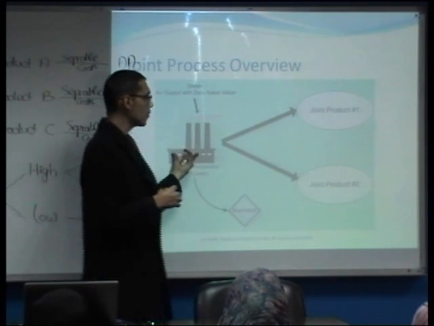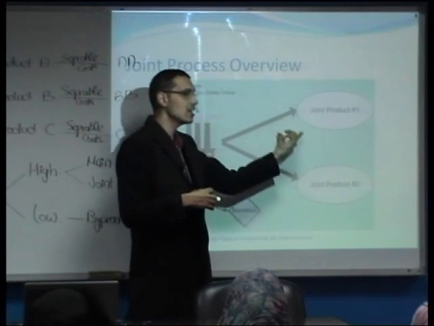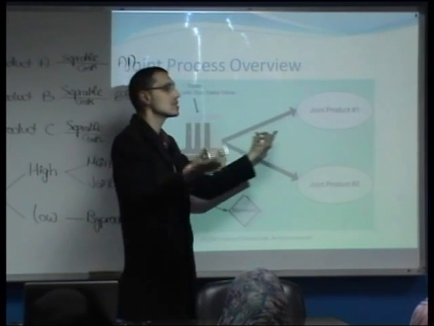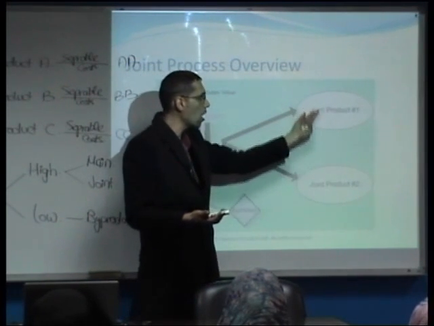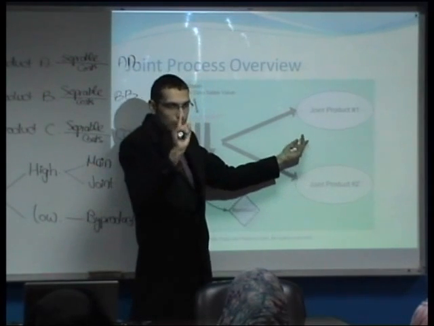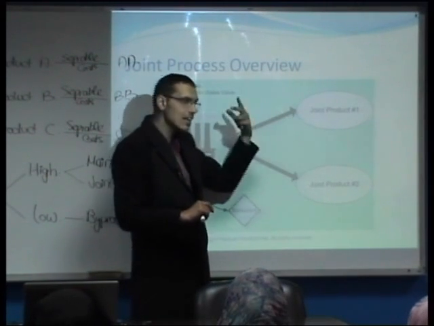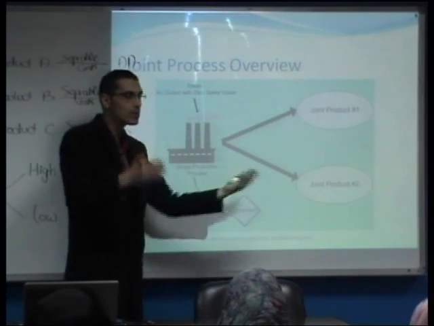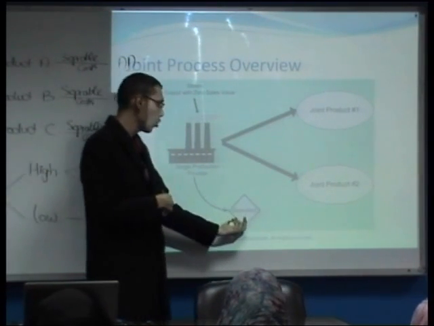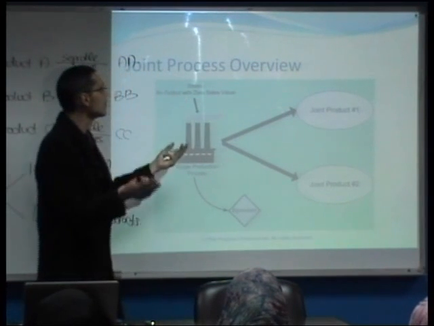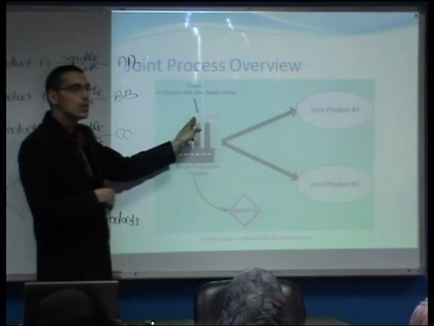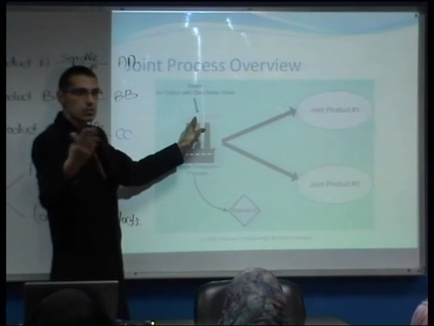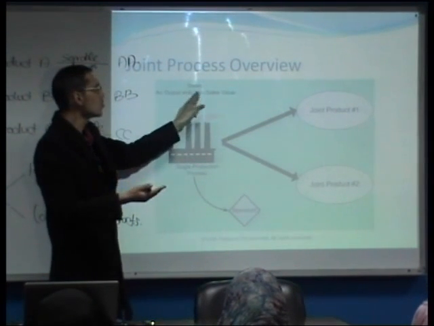Of course, if we have two high positive value products, they are called joint products. If we have only one, it will be called the main product. And of course, if we have a low positive sales value product, it would be called a byproduct. And for instance, the steam that comes out from this production process has a zero sales value,